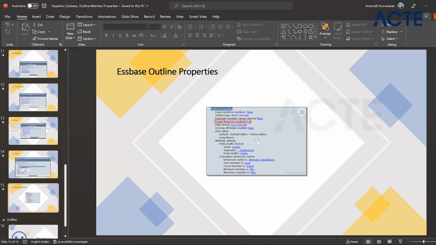and alias tables. Usually we have the default alias table. I already told you, right? We can create an alias name for each member. And also we can maintain some alias tables. We can create our own table and update the alias name. For example, the member has